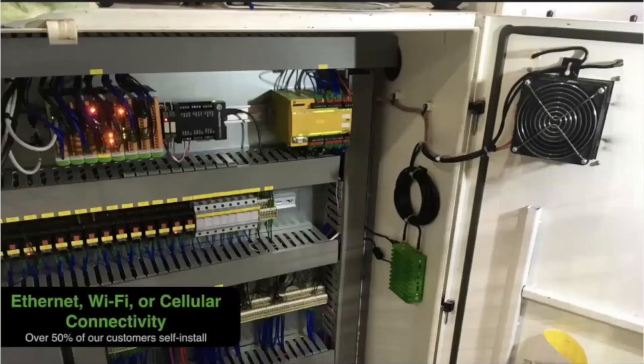So this problem applies to any machine, regardless of brand, age, make, and model. MachineMetrics connects, captures, and transforms that data to a standard format through what we call an edge device, shown in this image here, that's plug and play with any modern machine. And our customers have the option of leveraging Ethernet, Wi-Fi, or cellular communication to enable that connection to the cloud. And we leverage all these various protocols,